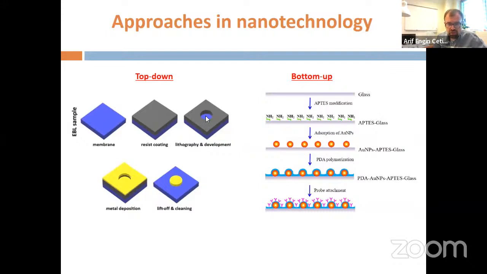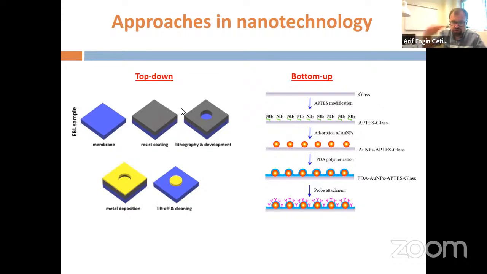In the development, you get rid of the region where the resist lost its properties. After the development, you have a hole,